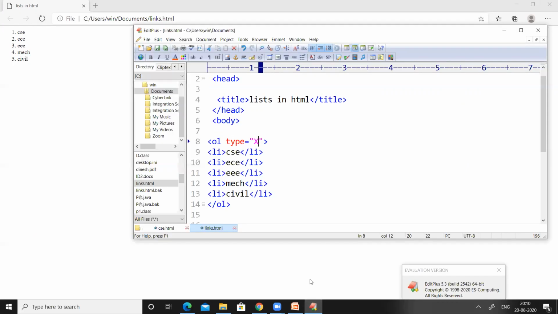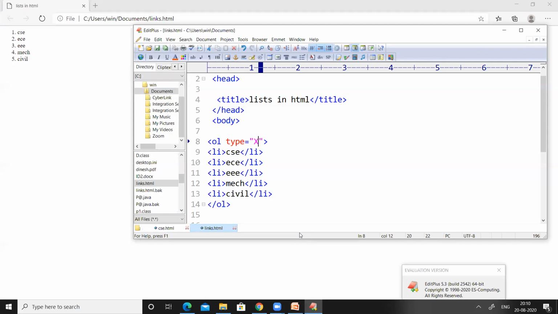It is displaying the default values. It is not displaying from X. So for the type attribute, it is very important: if we provide wrong values for the type attribute, by default it will take the default values, which are 1, 2, 3, 4, 5.